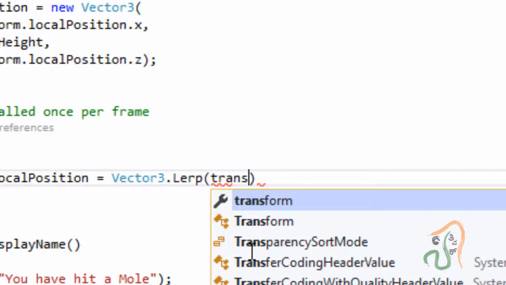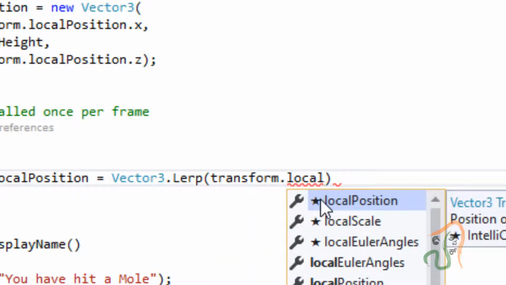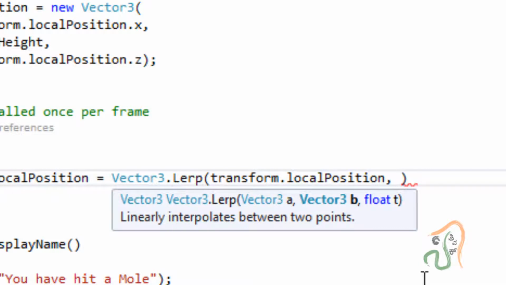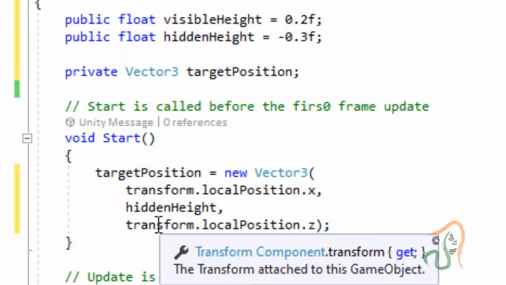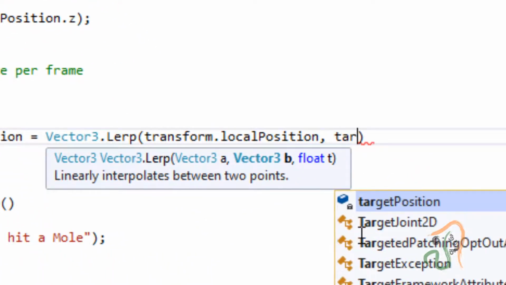The current position will be transform.localPosition. So this is the starting point of our animation. Press comma, then the next is till what point the animation has to happen, to which point the mole has to move. That we have declared at the start already, target position. So for the second parameter, add target position.